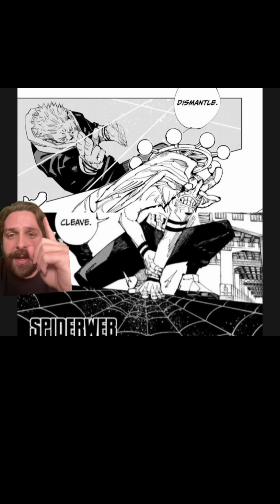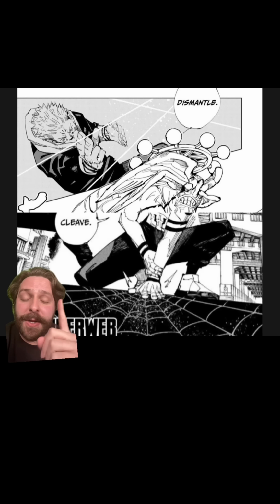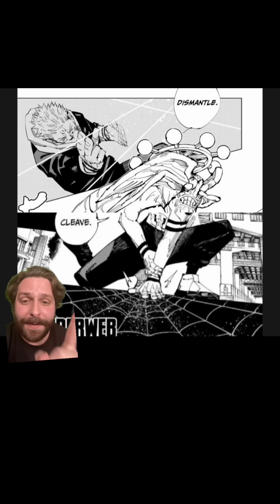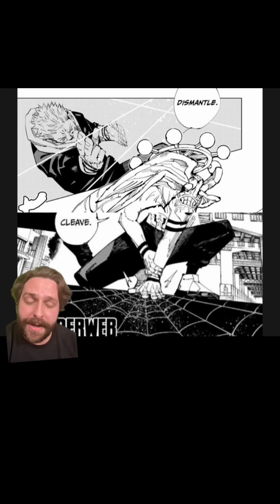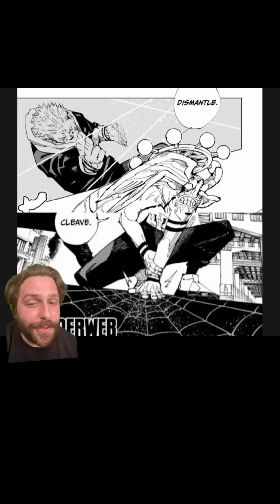But just think about it. Anytime he sends out a ranged slash, it's a dismantle, and he can't adjust the strength of it. It just is what it is. The trade-off being that he can do it at range, maybe, right? Whereas anytime he uses cleave, which is the more powerful attack that he can adjust, he has to make contact with the target. Now, I didn't go through literally and check every single time we see Sukuna use cleave, but I'm pretty sure he's always touching the target, which again would make sense. It's a trade-off, right? Like in order to do that amped, more powerful attack, he's got to be up close